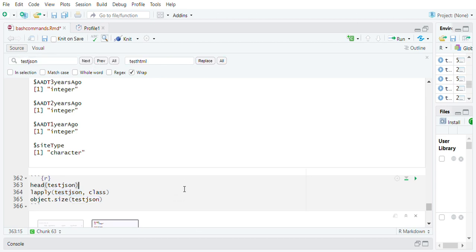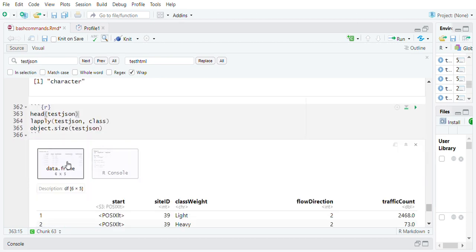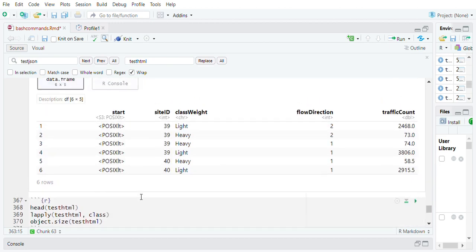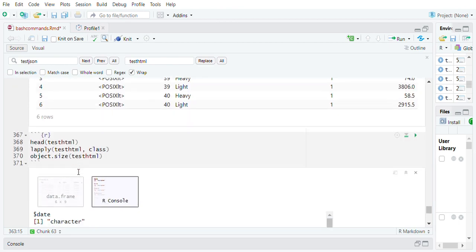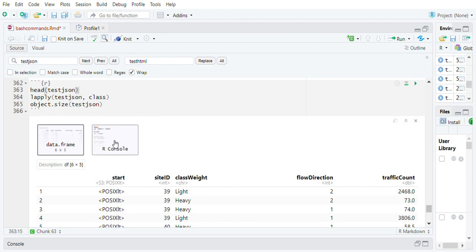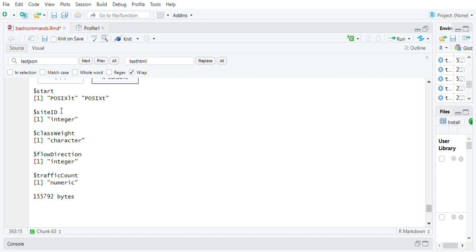Yes, we do. So let's run this command. The head of the test JSON is this file over here, which has 5 columns, and then lapply test JSON class prints all the class types of all the columns. Start is of type POSIXlt, site ID is integer, class weight is character, flow direction is integer, traffic count is numeric,